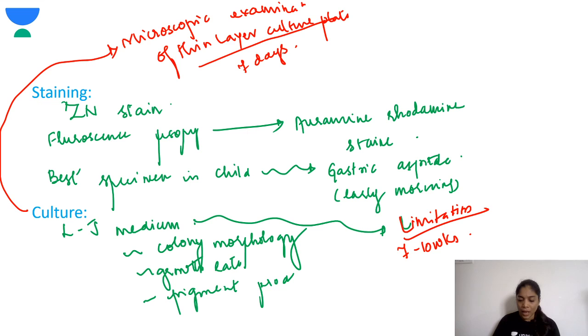So now, because of all these limitations, a new mycobacterial growth system has been formed. So all this has been replaced by, remember this, something called the MGIT system. The MGIT system is nothing but the mycobacterial growth indicator tube,